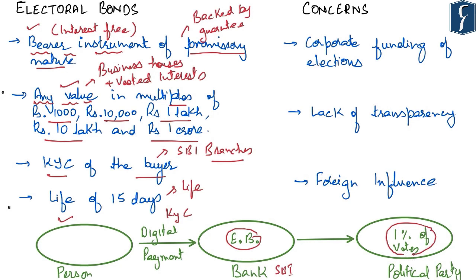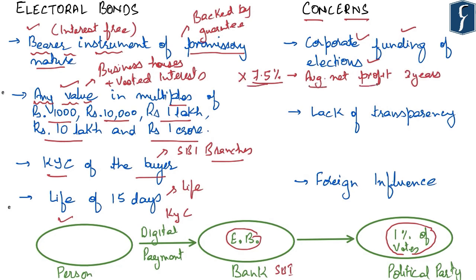So this is the mechanism which looks like there is enough transparency. However, there are a lot of problems in that, and let's try to understand the concerns as highlighted by the RBI in the article. Now, the concern that the RBI has highlighted is about corporate funding of elections. Earlier, there was a provision that companies cannot invest more than 7.5% of their average net profit over the previous 3 years. Now, this restriction has been removed, and this is a cause of concern for the funding aspect through